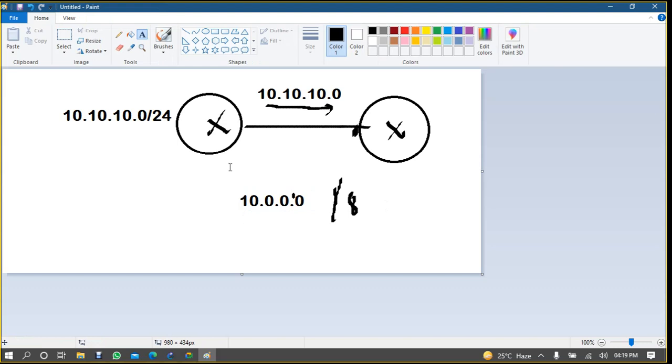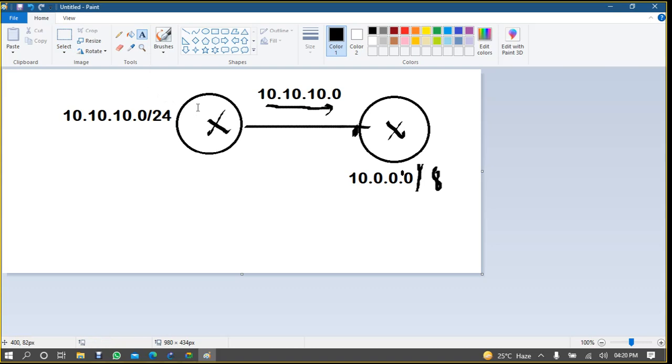So automatically your router 2 will summarize that information, because you are not sending the subnet with it. It will summarize the information that router 2 is receiving.